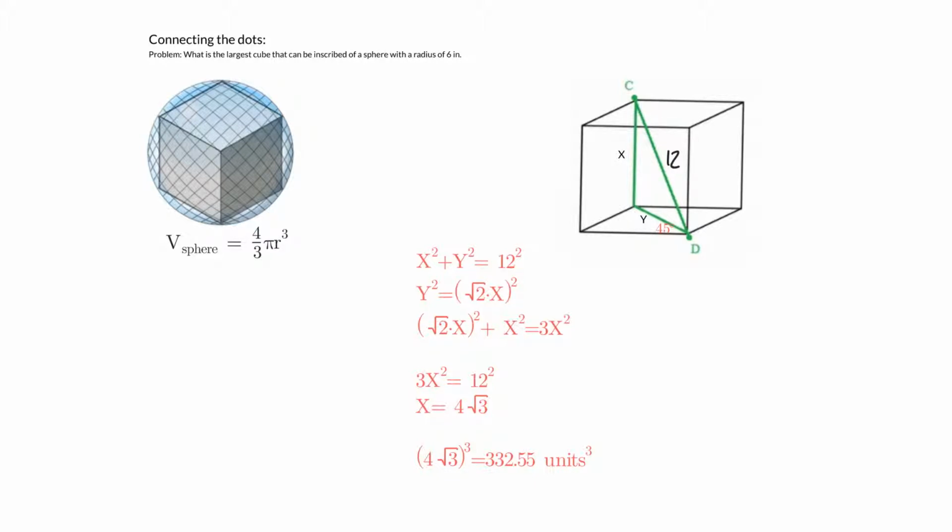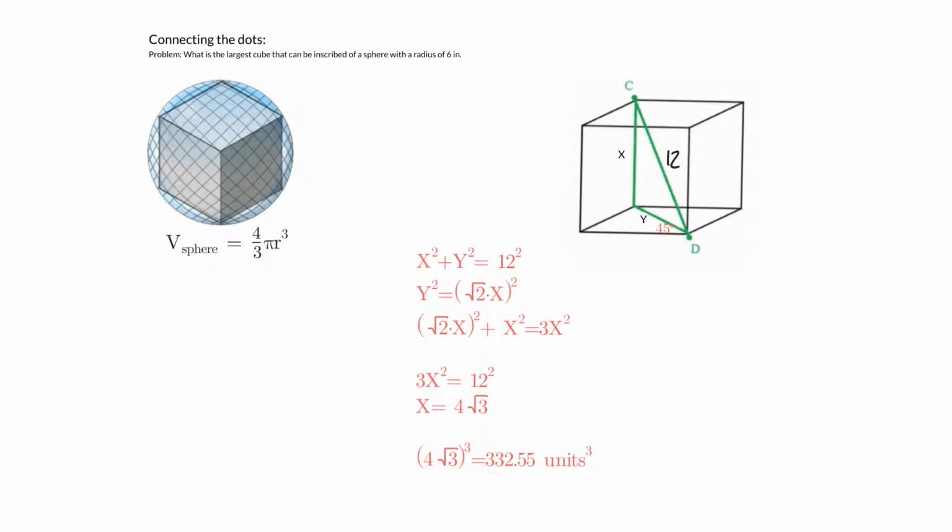And since we know it's a 45, 90 degree triangle, we can rewrite y squared as the square root of 2 times x squared, which we can then rewrite the Pythagorean equation as the square root of 2 times x squared plus x squared, which equals 3x squared, giving us 3x squared equals 12 squared, giving us x is 4 times the square root of 3, giving us the total volume is